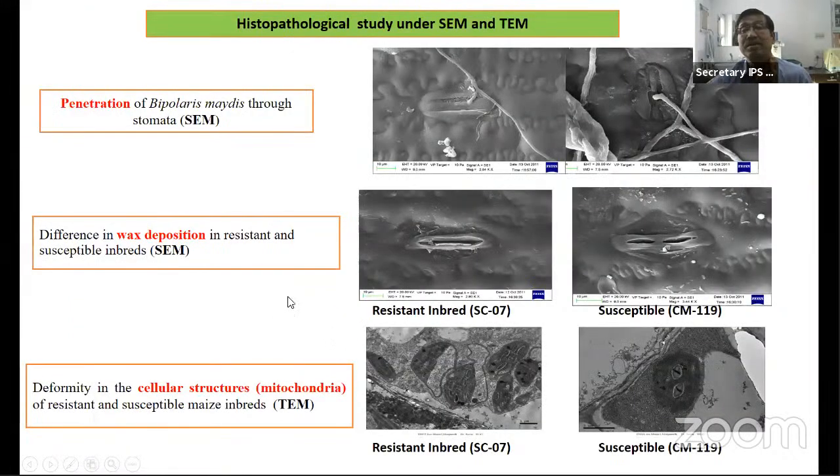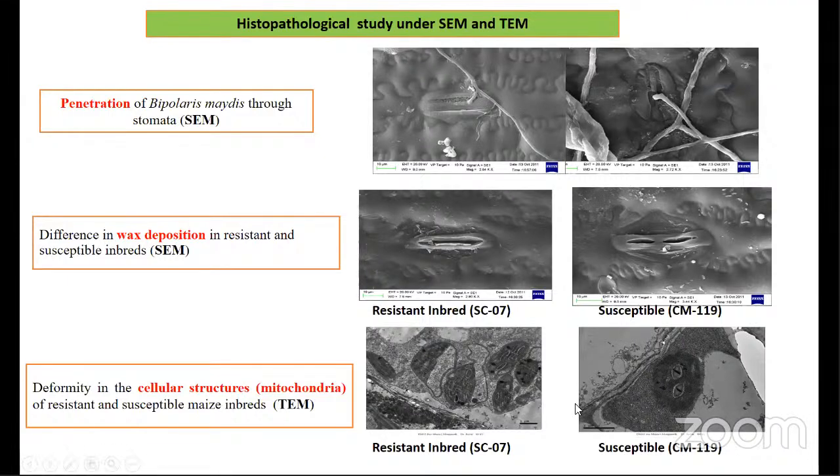And again, we performed scanning electron microscopy and transmission electron microscopy. In this infection pattern of the pathogen, these are the mycelia of Bipolaris maydis, how they are penetrating through the stomata. Here, more proliferation of the Bipolaris mycelia is visible as compared to the resistant one. On the other hand, wax deposition in the resistant one was found higher than in the susceptible one. Similarly, the mitochondrial structures in the resistant inbred lines were almost intact. On the other hand, this mitochondria were